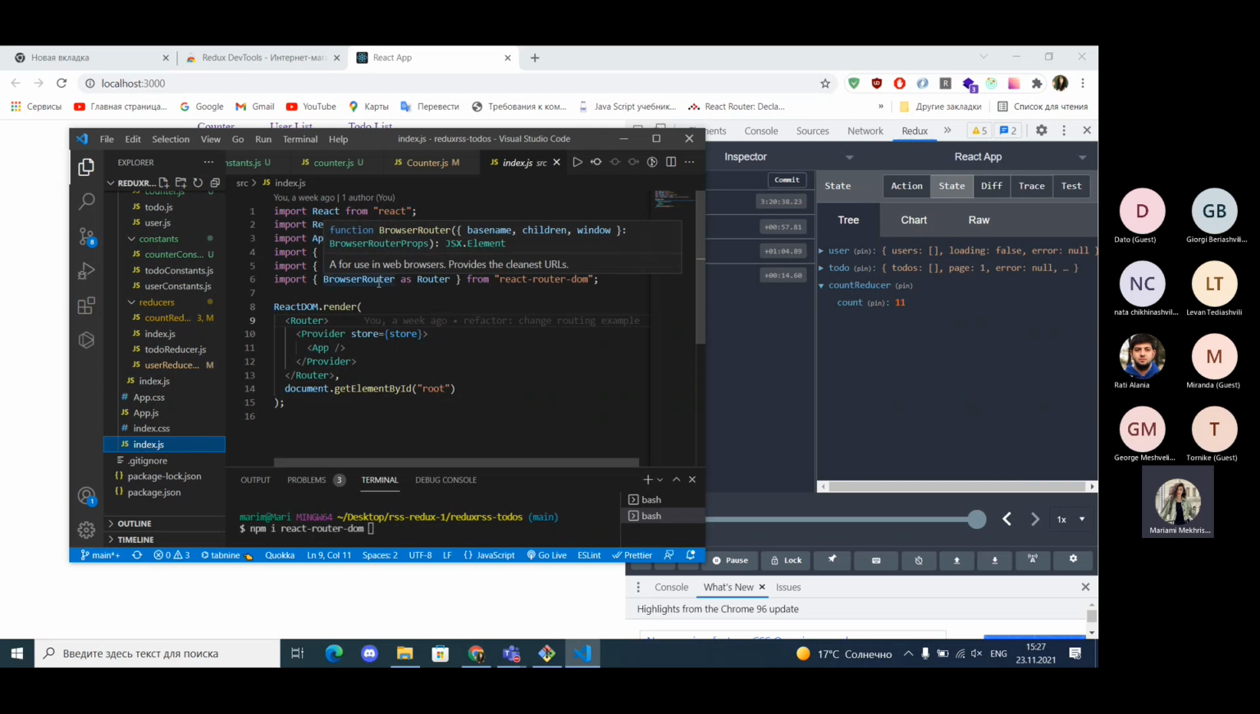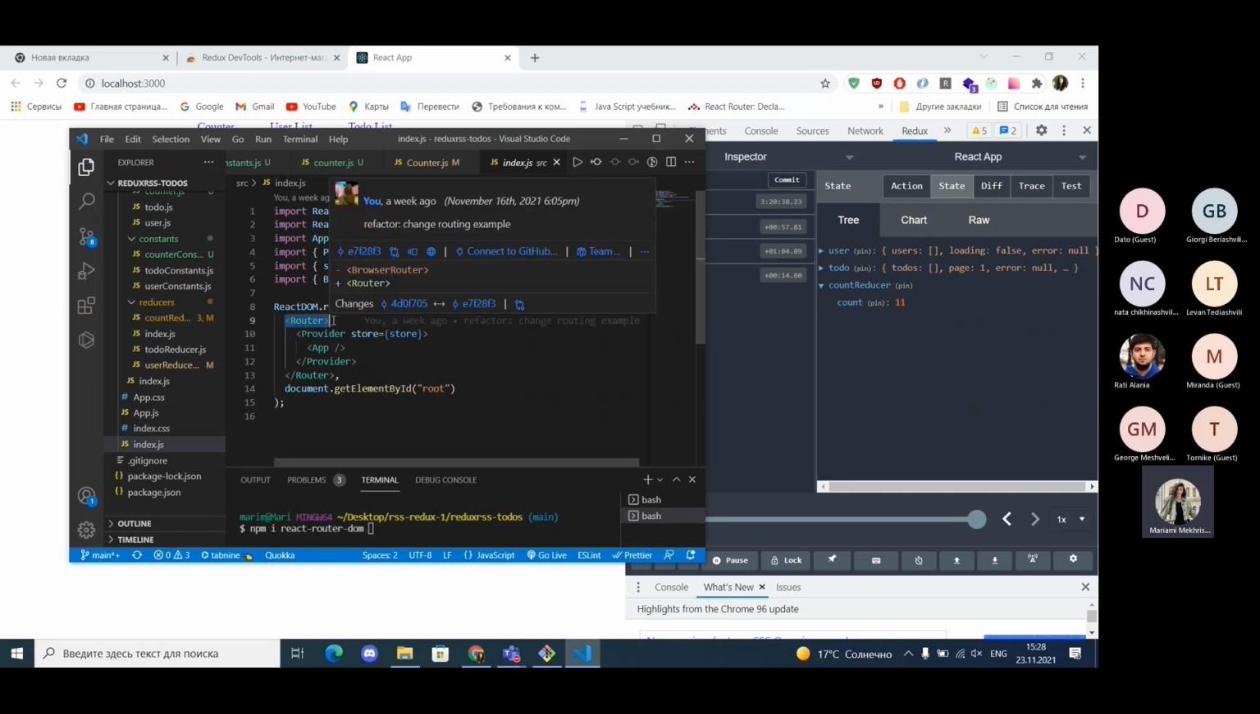We need to import that and wrap our application in BrowserRouter. As an alias, you can use Router. It's a good practice just to write that, but you can straightforwardly use BrowserRouter without renaming it to Router. But it really makes it easier to write, to be honest. Okay, and we wrapped our whole application to make all components inside that